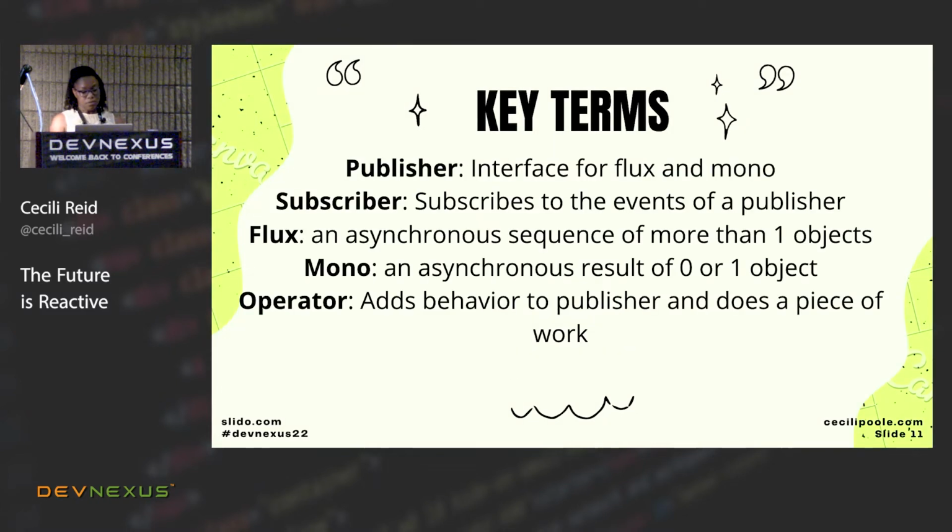And if you want, these are actually the terms that I just went over. I hate having a lot of text on the slides. These are some of the key terms that you'll see me mention. I'll mention flux and operator quite a bit, and I'll also add a few more key terms later on as well. And if you're interested, the code that I'm going over and the slides will be on my GitHub by the end of this conference. Or maybe next week. We have a couple parties tonight and tomorrow, so we'll see how that goes.